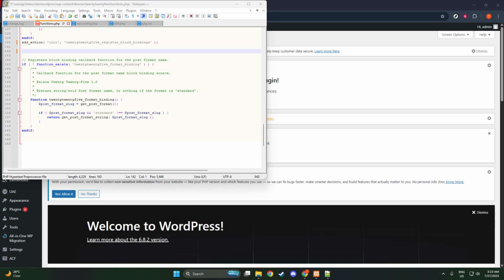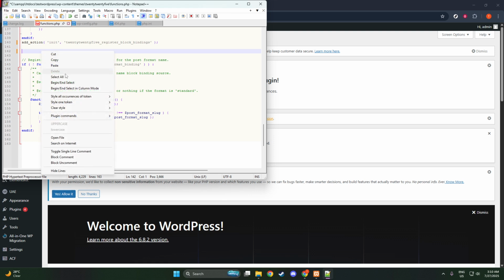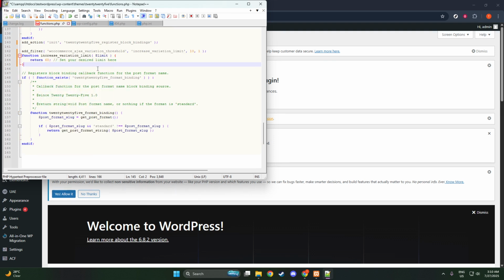Now, it's time to add the code necessary to increase the variation threshold. Scroll down to the bottom of the functions.php file and prepare to enter the following snippet. add_filter('woocommerce_ajax_variation_threshold', 'custom_wc_ajax_variation_threshold', 10, 2); function custom_wc_ajax_variation_threshold($qty, $product) { return 500; }. This code effectively raises the number of variations from 50 to 500, or any number that your server